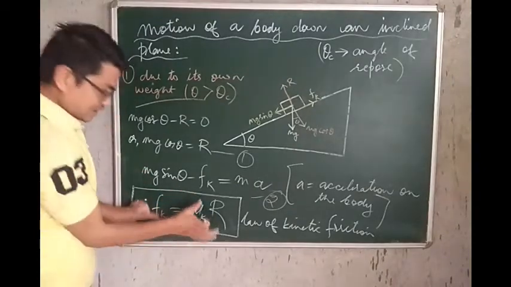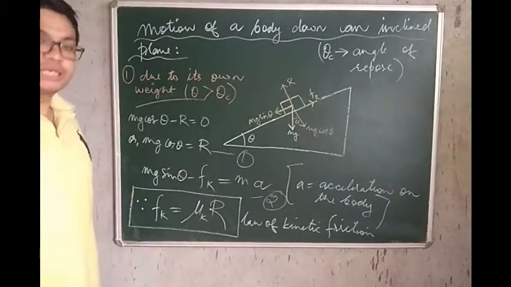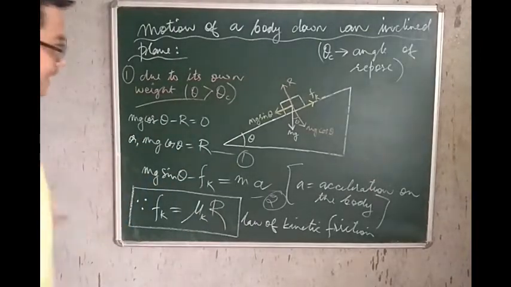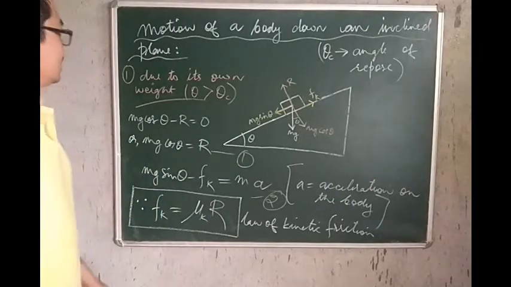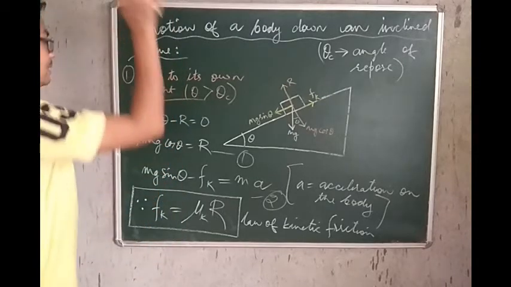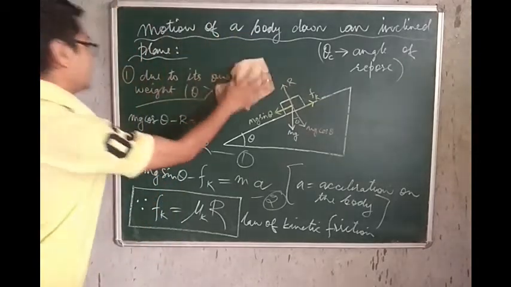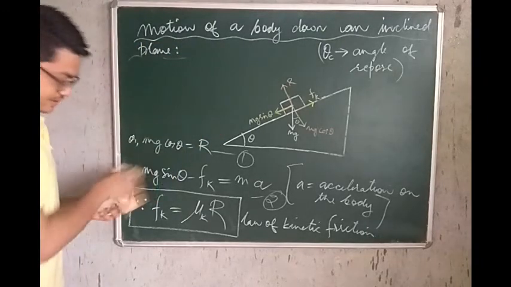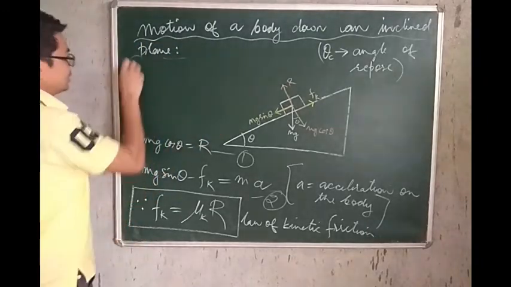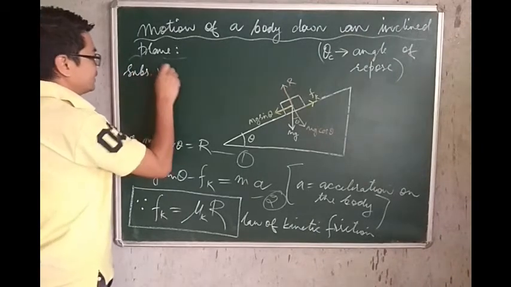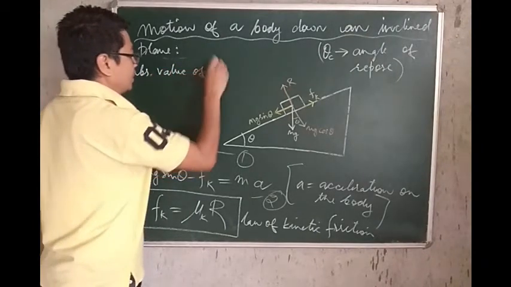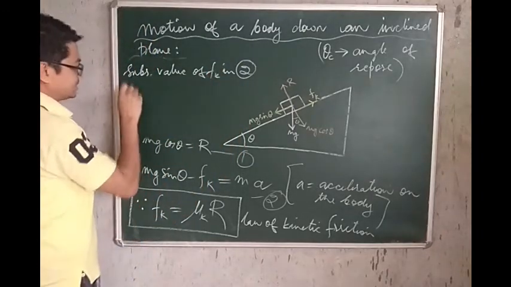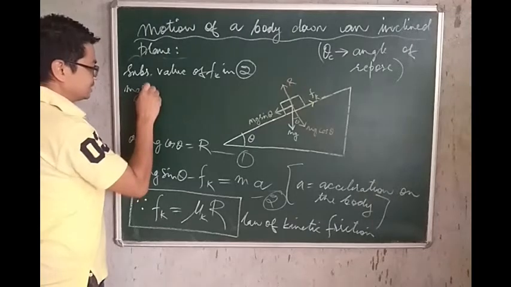Okay, so we substitute this value of f of k in equation number 2, and let us see what happens. So you can pause the video and copy up to here, class 11. Okay, so I'm erasing this part and these equations. So, substituting the value of f of k in equation 2, what do we get? mg sine